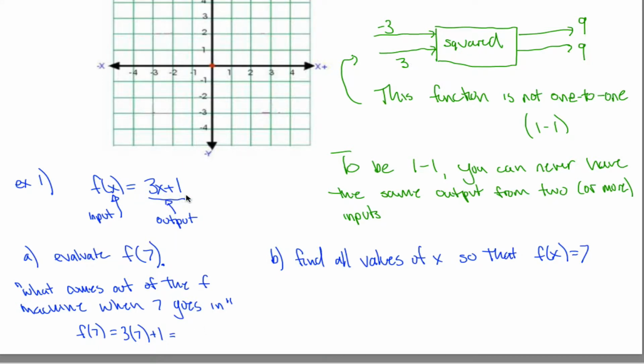Okay, with this specific example, maybe you believe me that it's 22, but I bet I could come up with a machine that's complicated enough where you couldn't immediately determine the output for a given input, and it might help to have a way that always works. A way that will always work is by copying your blueprint here, but changing all the x's into 7s. And 3 times 7 is 21, plus 1 more is 22. So if you're asked to evaluate f of 7, your answer is 22, and the reasoning, the logic why, is here. Note that really what you're doing here is you're simplifying. You're saying f of 7 is 3 times 7 plus 1, and then you're simplifying that expression